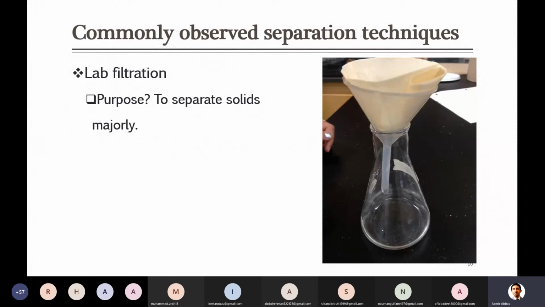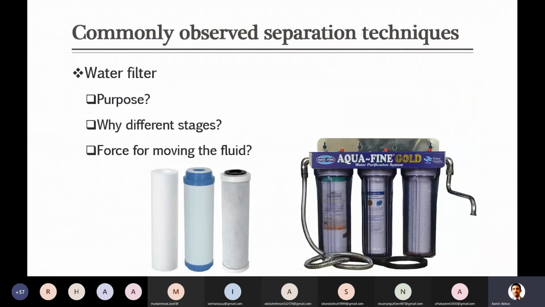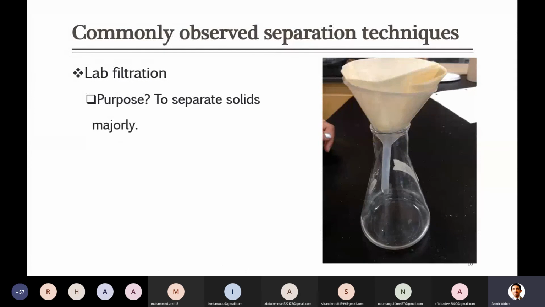I'm talking about with respect to the industry. Sometimes that liquid which is just separated is of importance. For example, if we go back here, the solid retained on the surface of the filter or the liquid which is coming out, which one is for our benefit or for use? Definitely the liquid which is coming out of these filters, not those solids which are retained on the surface. But in lab scale experiments, most of the time the solids are important for you, though sometimes you perform an experiment in which the liquid was important.